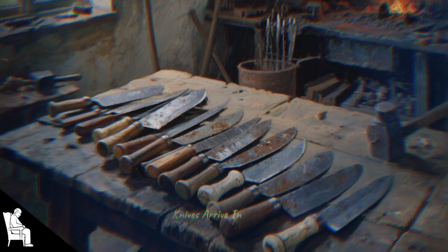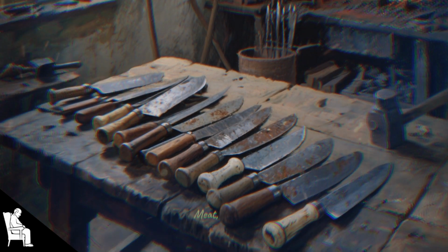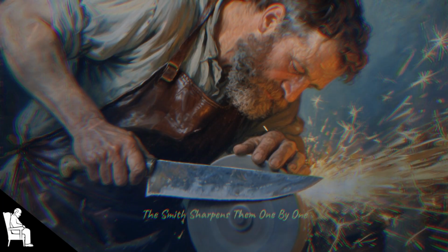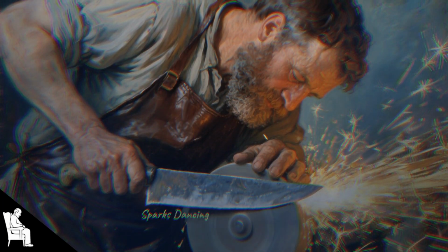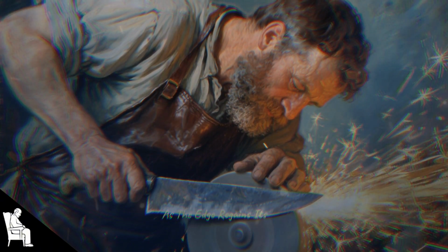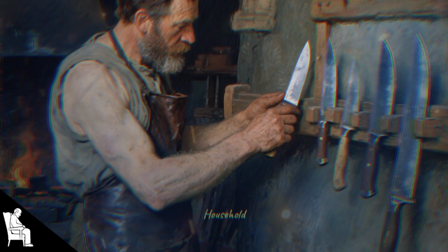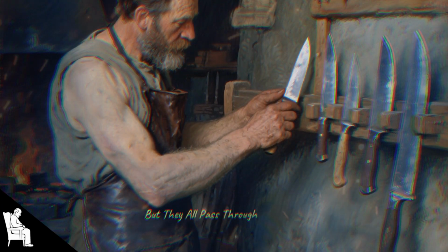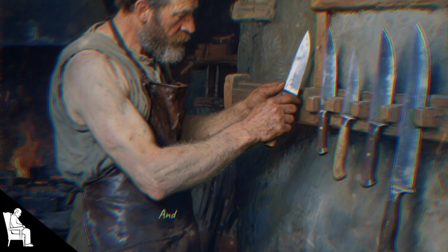Knives arrive in bundles, dull from weeks of cutting bread, meat, or rope. The smith sharpens them one by one, sparks dancing from the stone wheel as the edge regains its bite. Each knife may belong to a different household, but they all pass through his hands, becoming sharper, safer, and ready